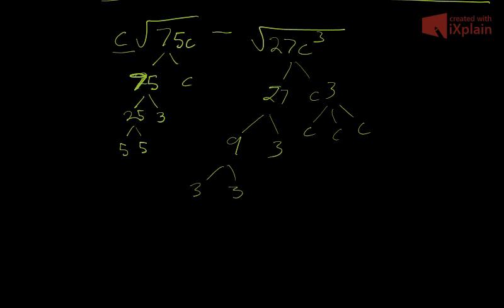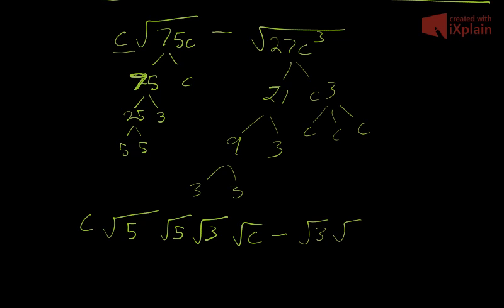So I have my c out front, which I'm going to keep. Then my radical here became square root of 5, square root of 5, square root of 3, square root of c. And I am subtracting over here my square root of 3, square root of 3, square root of 3, root c, root c, root c. And just like that, we are now ready to